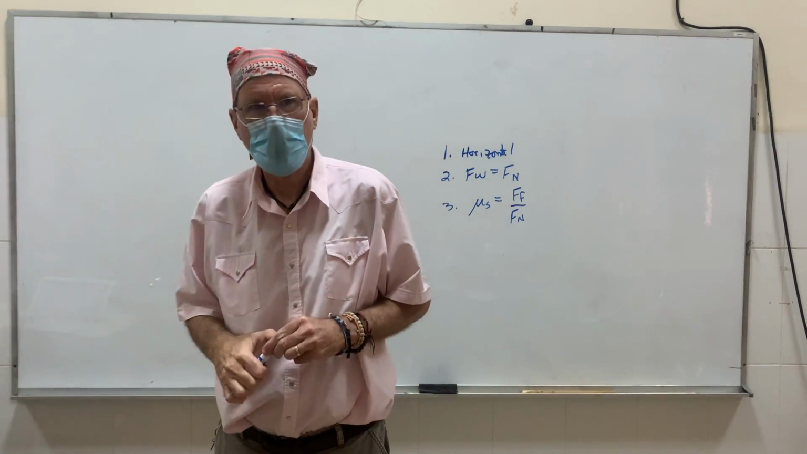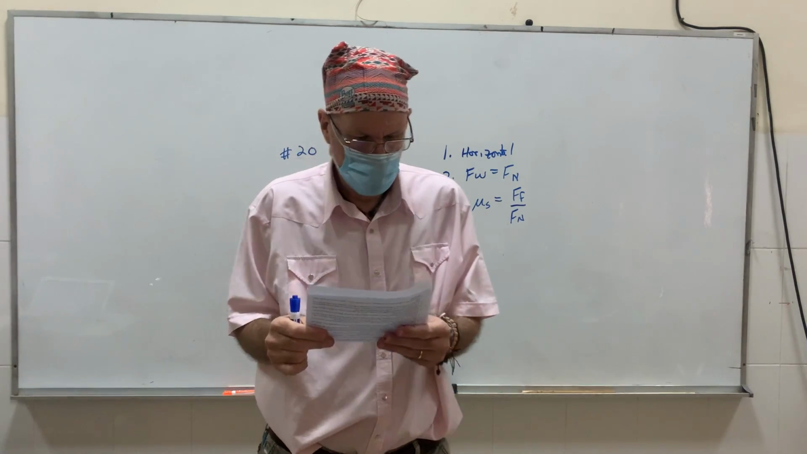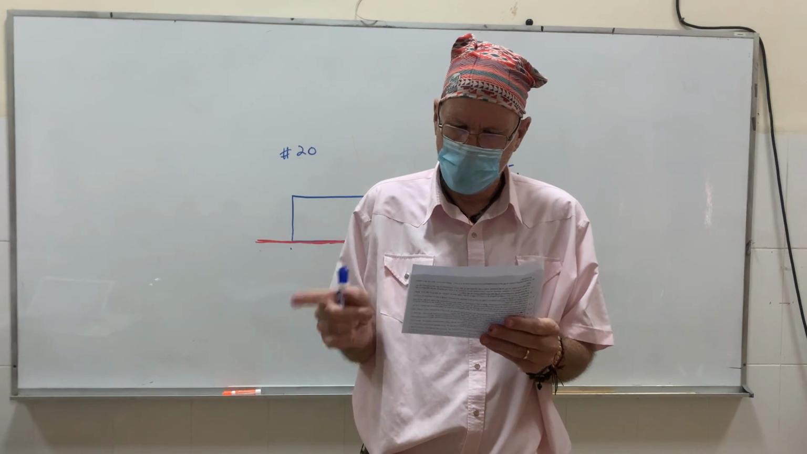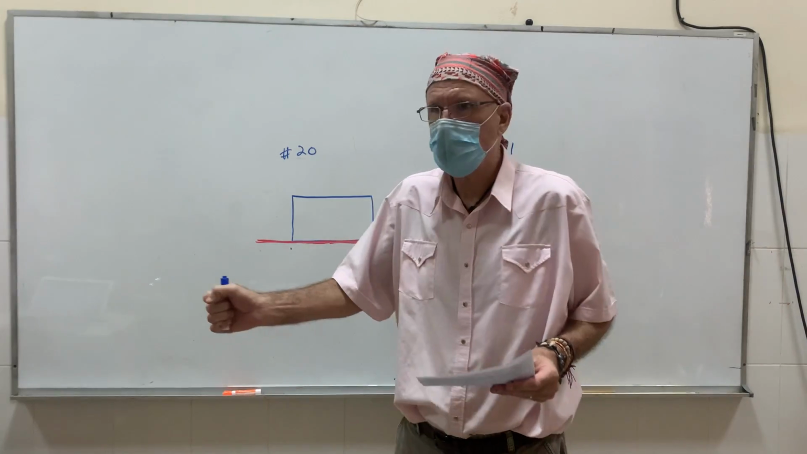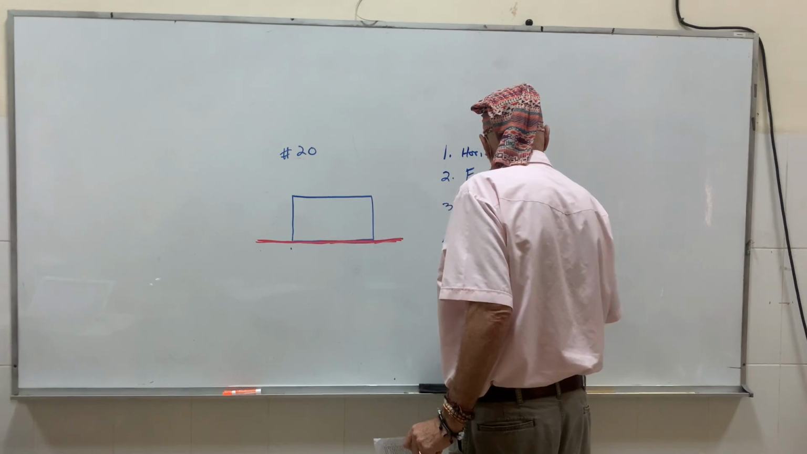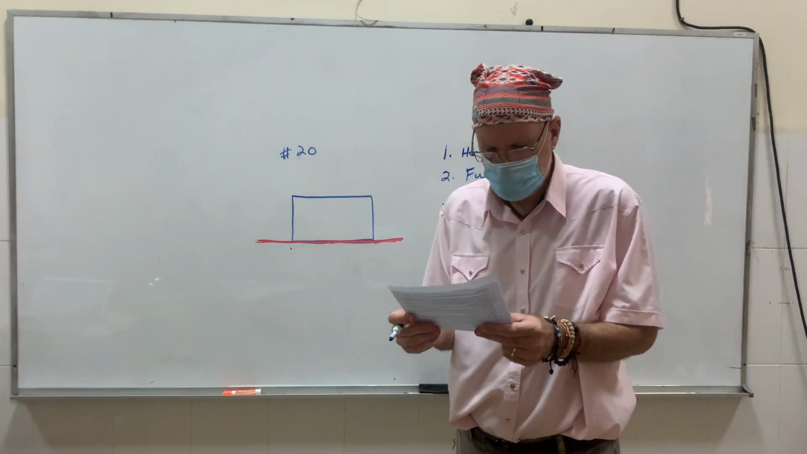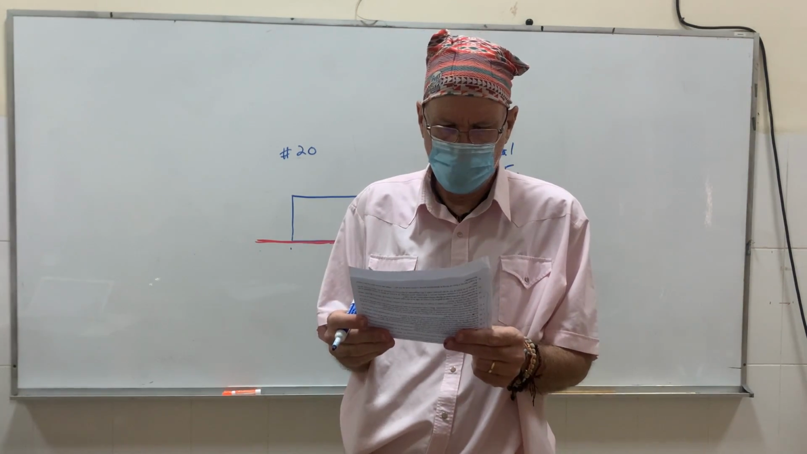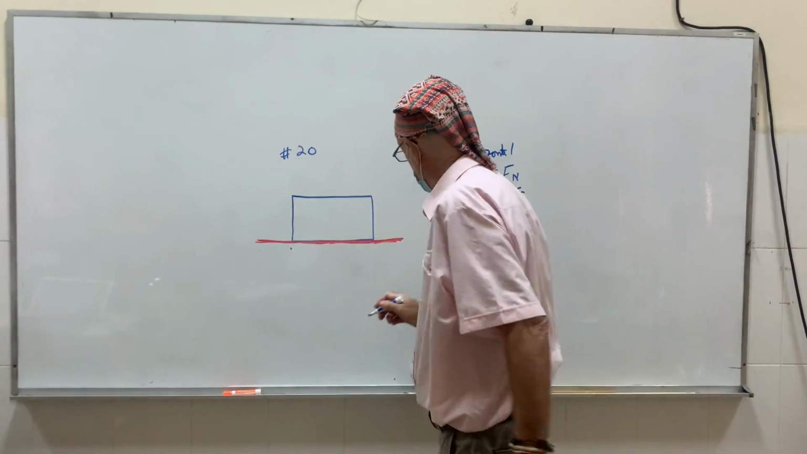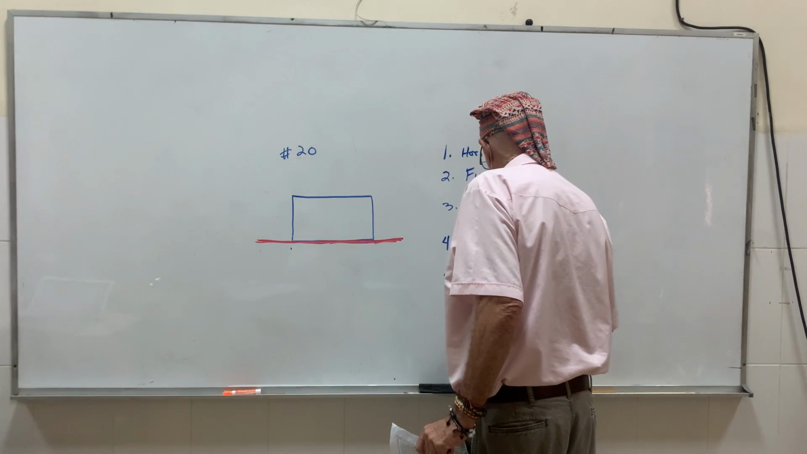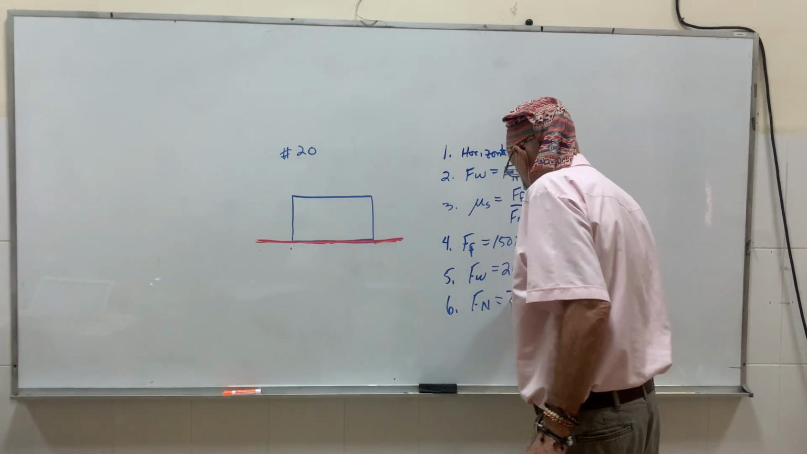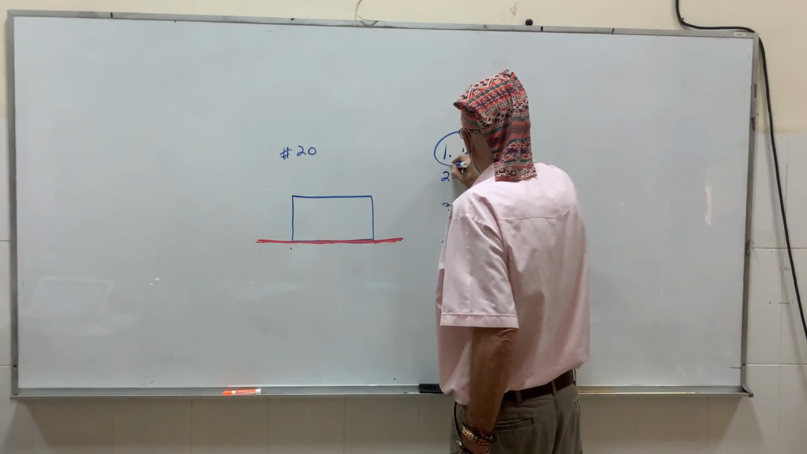Now, let me reread the problem to actually give you the numbers. It says, a stagehand starts sliding a large piece of stage scenery originally at rest by pulling it horizontally with a force of 150 newtons. So they're pulling it horizontally with 150 newtons, so the force of friction equals 150 newtons. Then it says, what is the coefficient of static friction between the stage floor and the 260 Newton piece of scenery? So Fw equals 260 newtons. Therefore, we know that Fn equals 260 newtons,